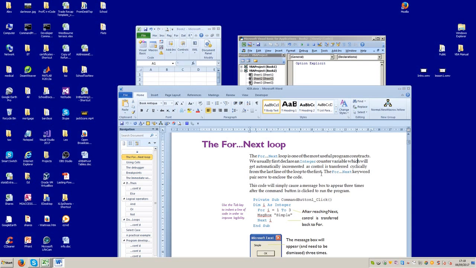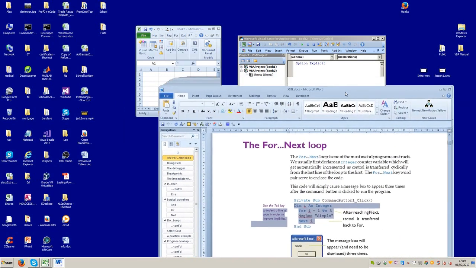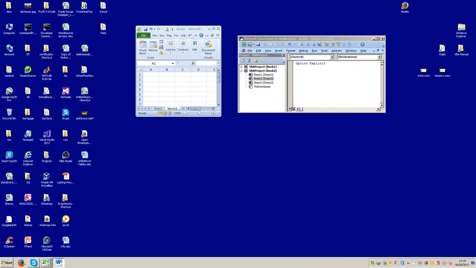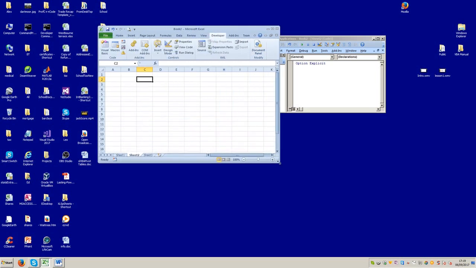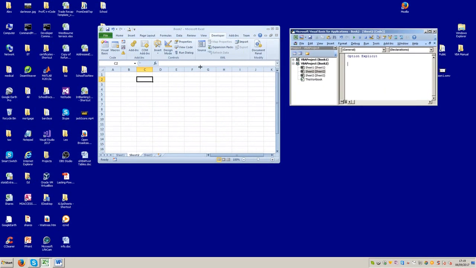The for loop is one of the most useful, and we use an integer. So we'll take the code. This is an excerpt from my book Excel VBA in Easy Steps. So let's just try that out. I've copied that particular code, and now I'm going to put a button on the sheet. So I need to make that a bit bigger there, and